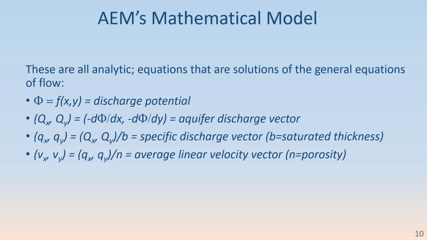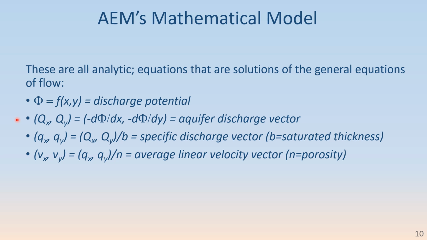The analytic element method's mathematical model is basically a series of long equations where you plug in your x and y, and possibly t for a transient model, and you get the discharge potential out. And discharge potential is related in a fairly simple way to head, so you can first get discharge potential and from that get head. You can also take the derivative of the discharge potential and get the aquifer discharge vector,